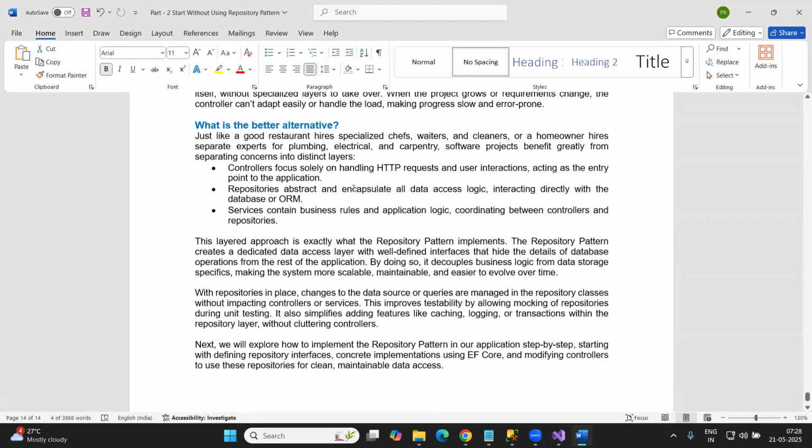The better alternative: just like good restaurants, they hire specialized chefs, specialized waiters, cleaners, right? And in home making, you may hire a separate plumber, electrician, carpenter, right? So a software project benefits greatly, right? If you are developing a software project and you separate concerns into distinct layers, then you will get the